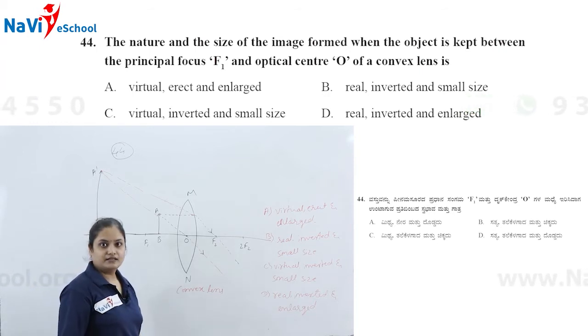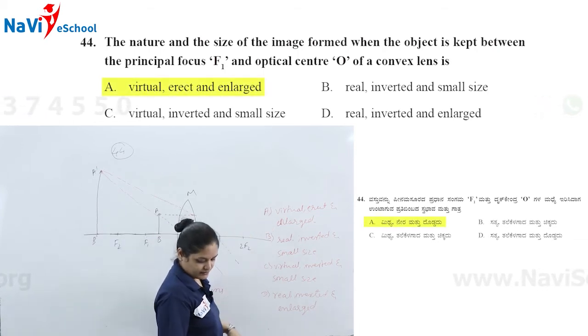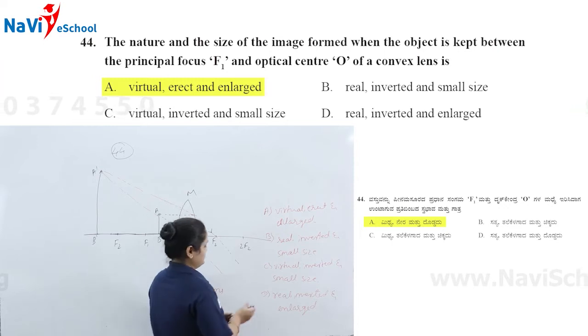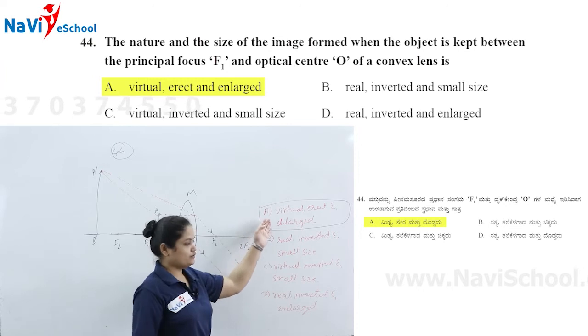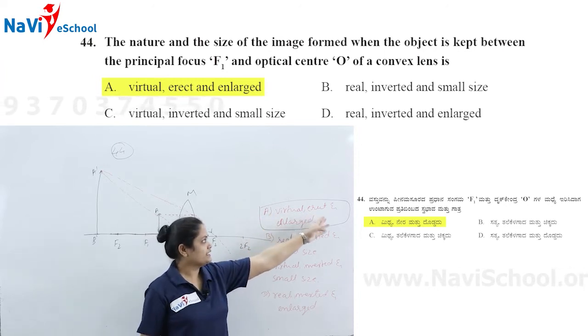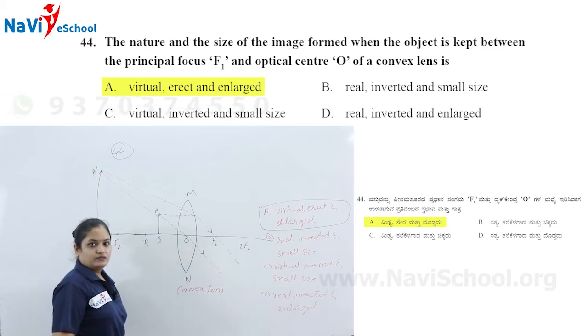That's why here option A is our right answer. Here the image formed is virtual, erect and enlarged. Got it children? Next,